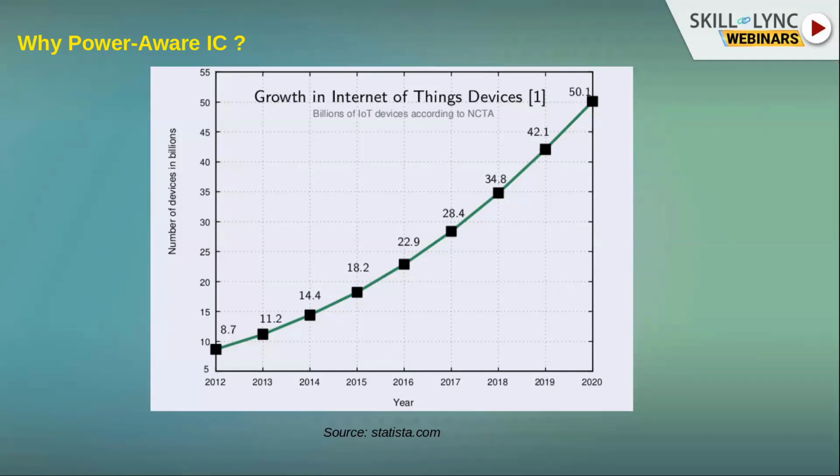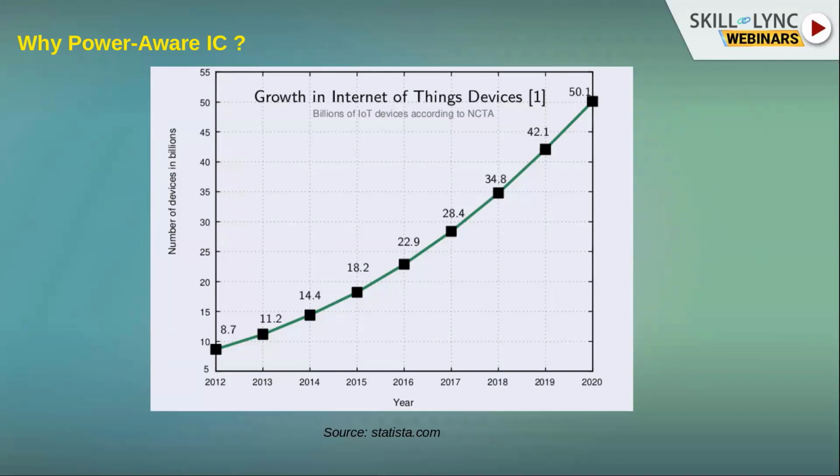So why bother about power when we have power points giving out power all day, every day, however much we want? But just hold on for a moment and think for a while. Currently, most of us use battery powered devices more than any time in history, and the trend is growing exponentially. We have our gadgets running on batteries, our portable devices, mobiles, laptops.